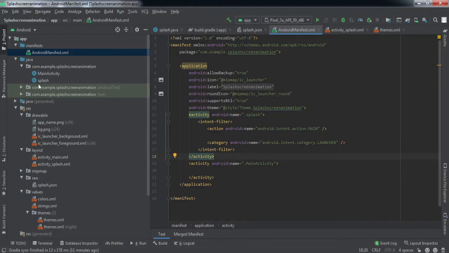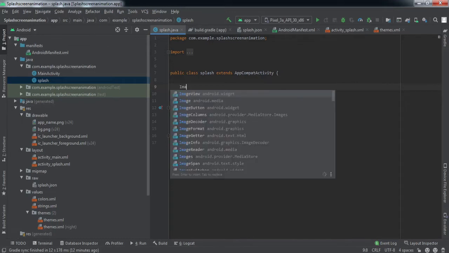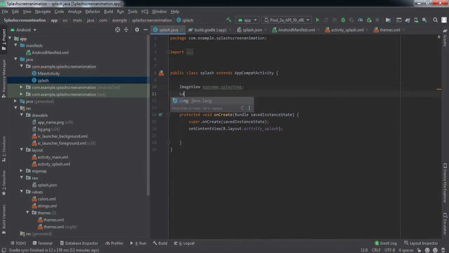Done. Then we'll go to our splash Java file, right? So here we'll write the backend code. Now we'll declare certain variables. Image view, the very first is app name, splash image, and then we have Lottie animation view.